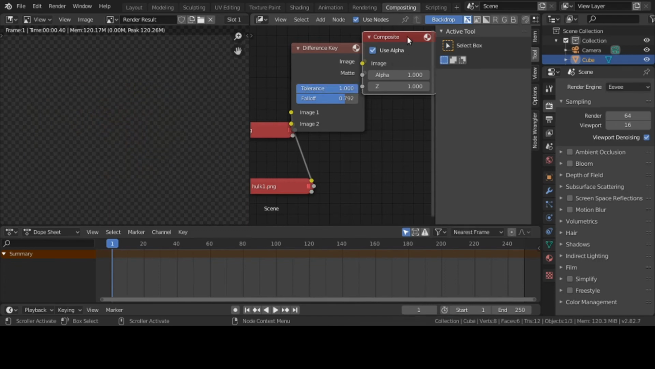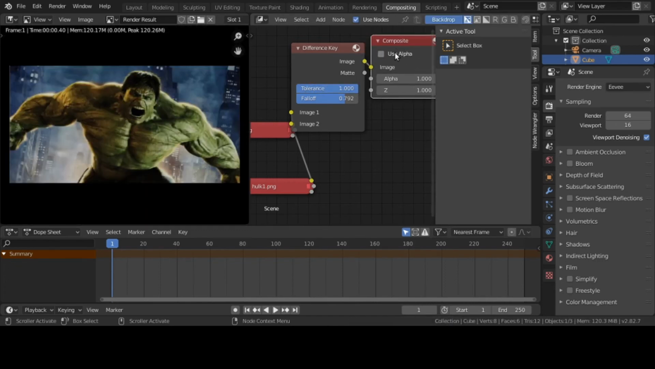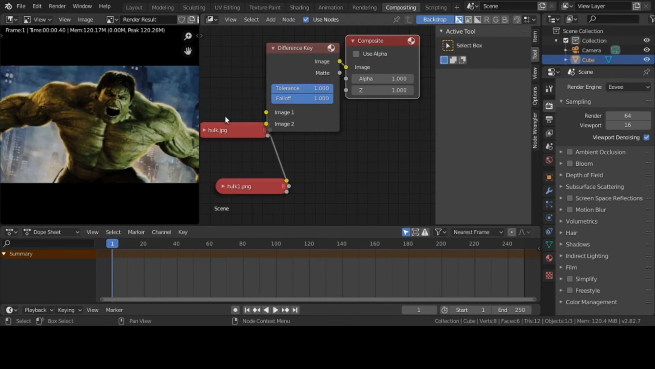Okay, so on the compositor, if you have use alpha unchecked, see that's new for me. If you have use alpha unchecked, it's going to show you the first image. It will not show that background image of any kind. So to get the difference key to work the way it's supposed to, like in my experiments,